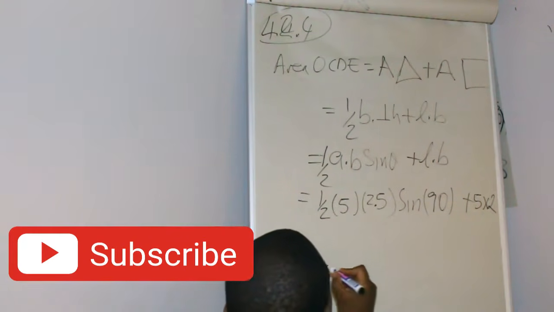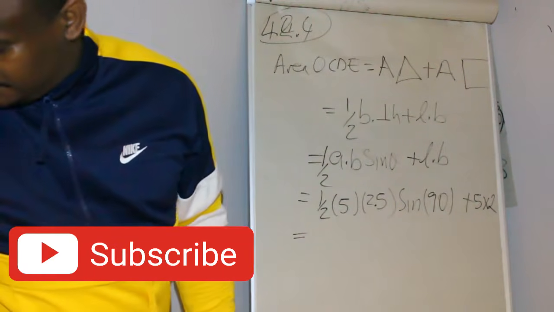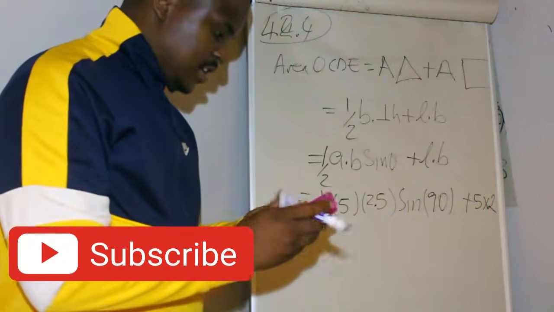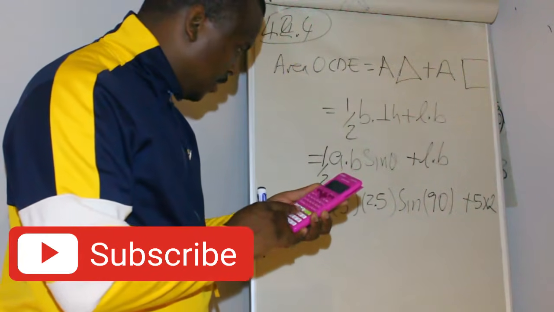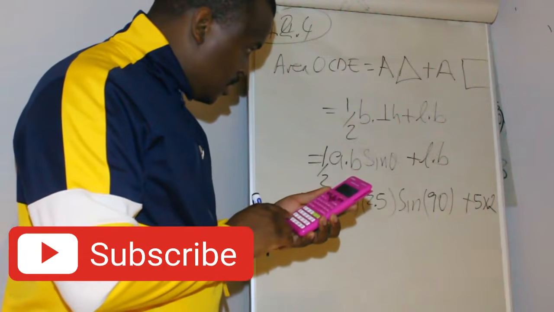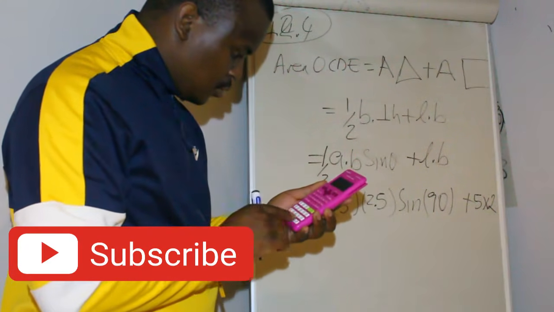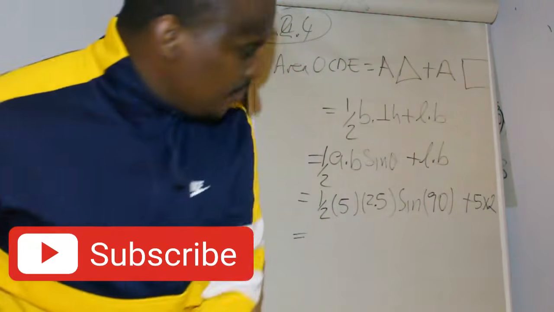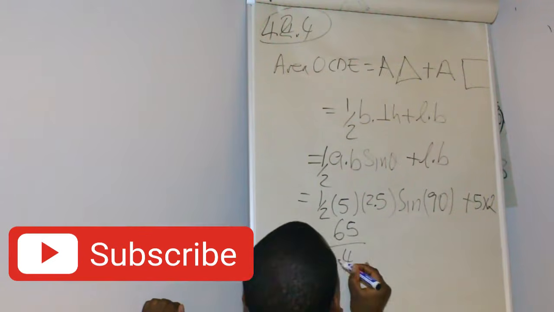So punch this all in a calculator. Now you can simplify it, but I don't have time. 0.5 times 2,5 times sine theta plus 5 times 2,5. This is 65/4. Equal to 65/4. This is the area